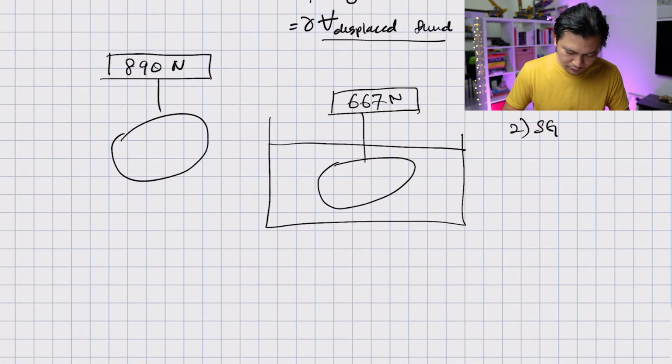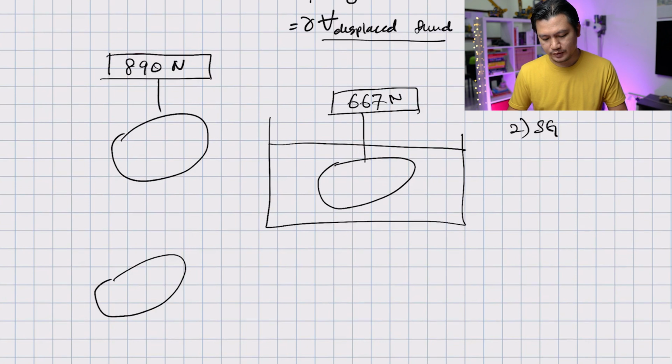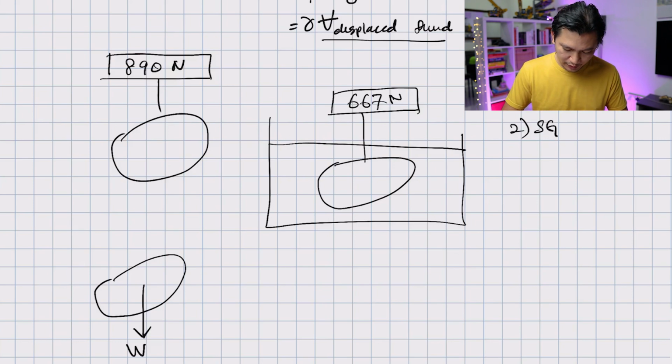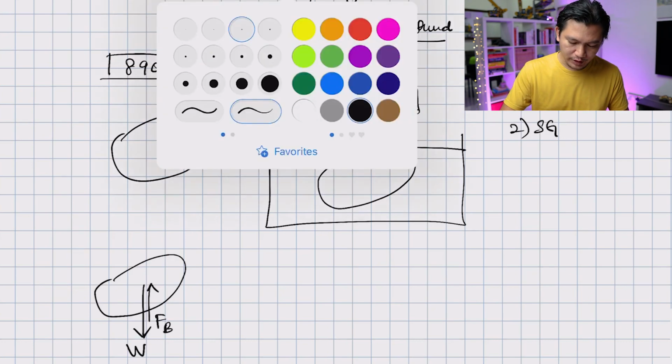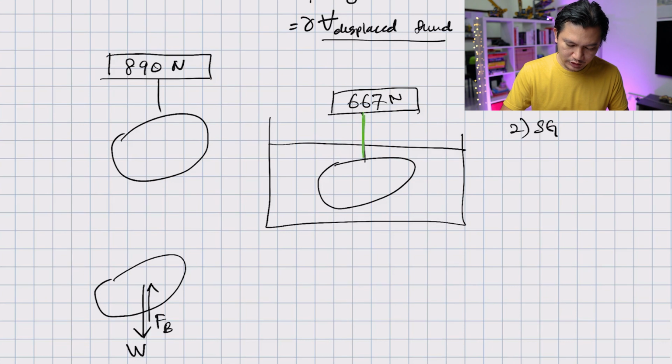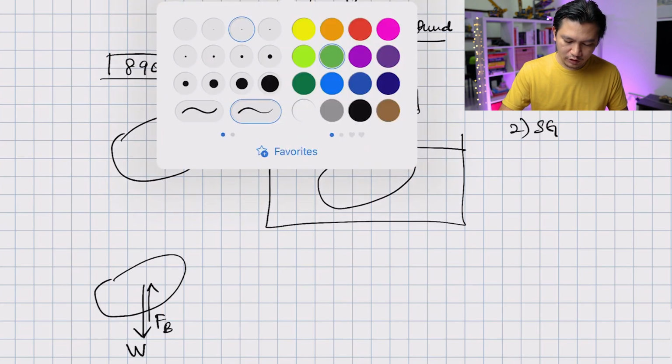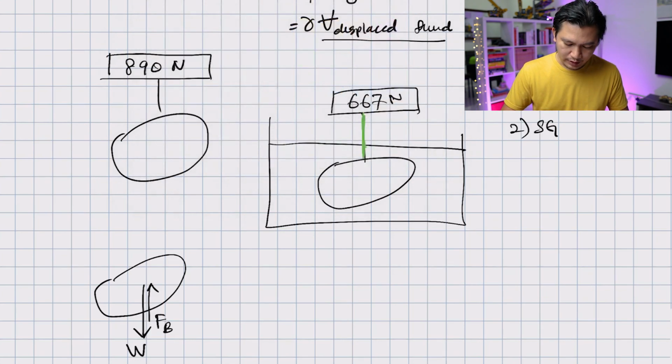Okay, so now let's see how we can solve this, right? If I draw the free body diagram of that particular object, we know that this object has weight, and this weight is 890 Newton. Now, when this object is submerged underwater, you also have the buoyancy force that is acting on that object. And we also have a rope here that is under tension and is holding the object. And the force on that rope is